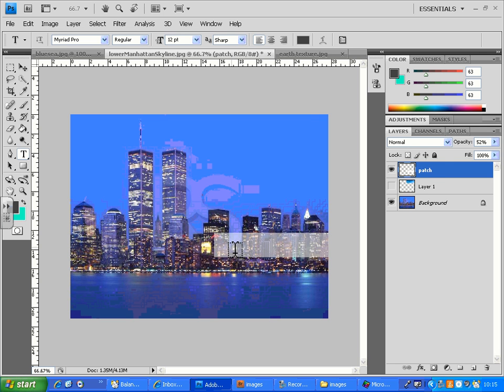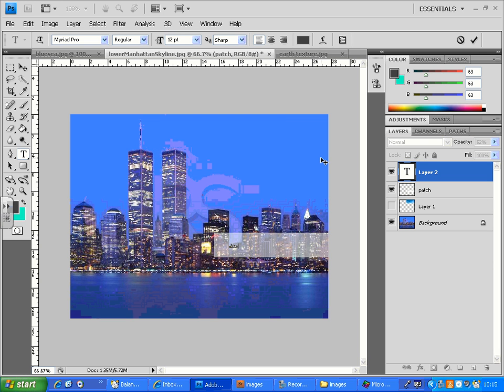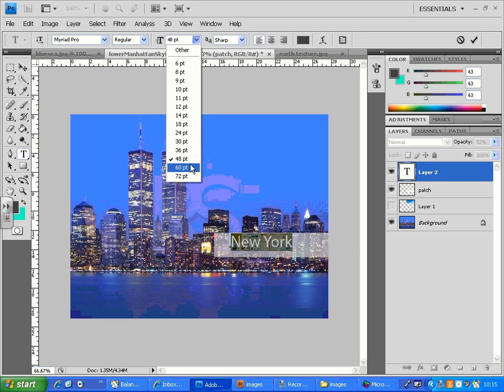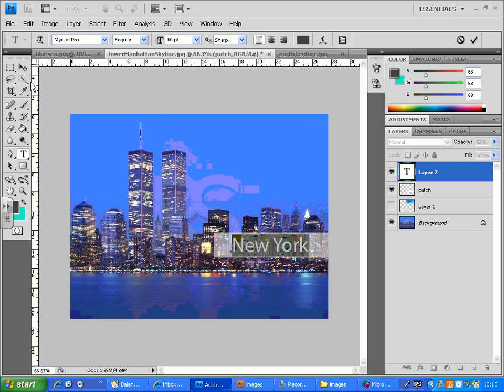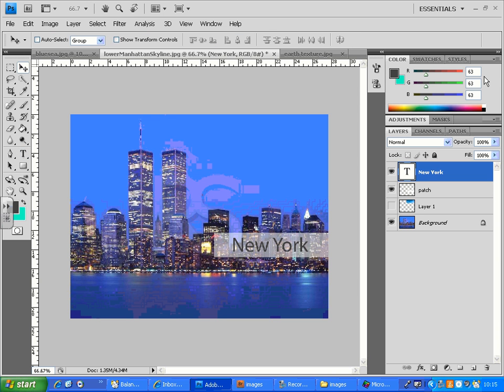I can simply click there and type, let's say, New York. As the selection is there, I can adjust the text. Very simple graphics for posters and ads. Most of the newspapers I've seen these days, they love this kind of graphics. All about nice images behind, then patches, and a text on top of it. So it looks fantastic. So that's what effectively we can use the rectangular and elliptical marquees for, with add and